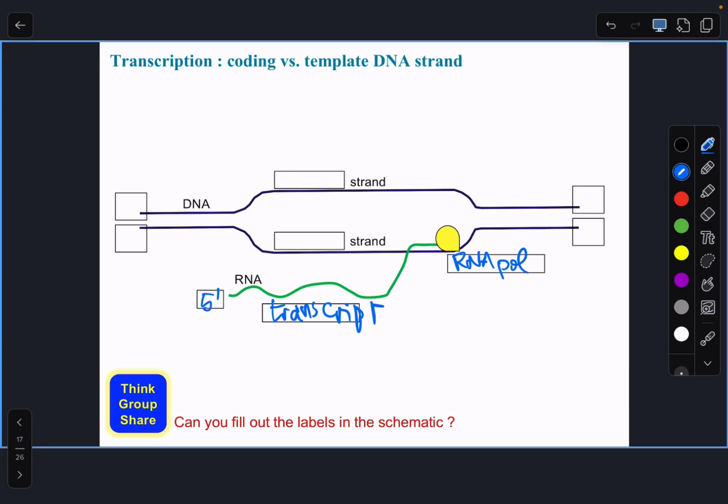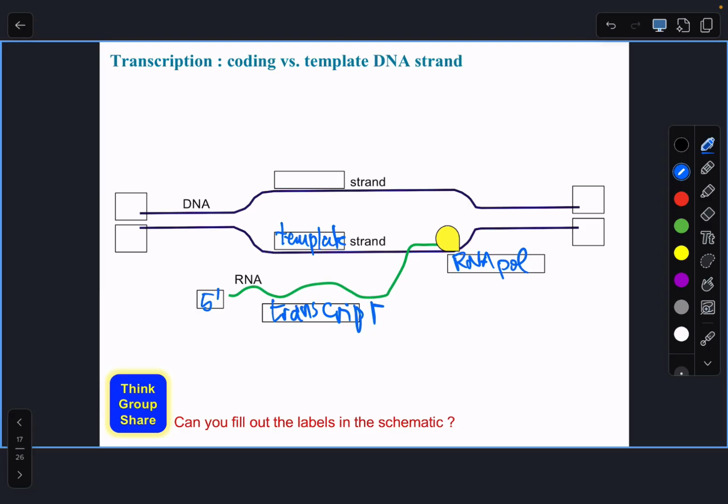Cool. We have DNA here unwound and the strands separated, and we give these strands names. So what's the name of this lower strand here, the one that RNA polymerase actually reads? The template. I gave it away in the title for the slide, but that's correct. That's the template strand. So template. And that is the one that RNA polymerase will use to stitch together nucleotides.